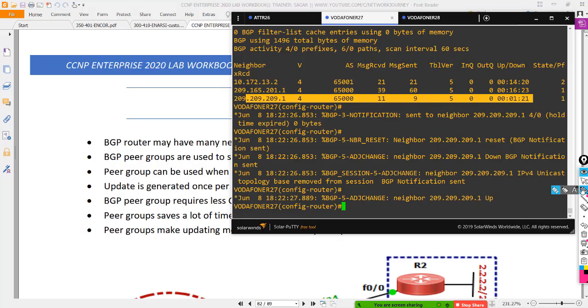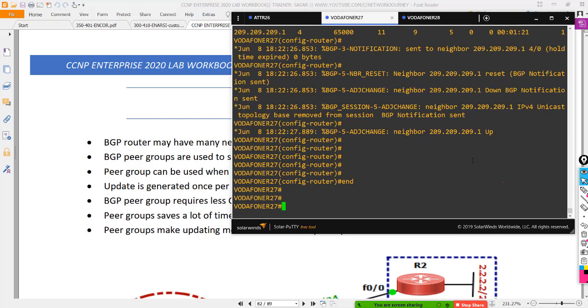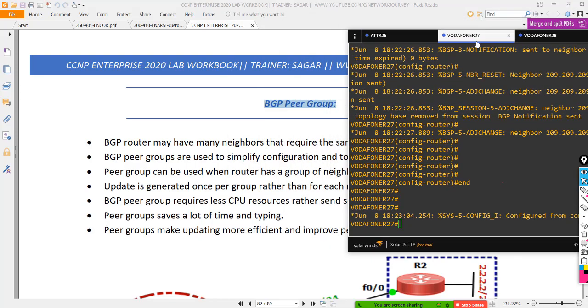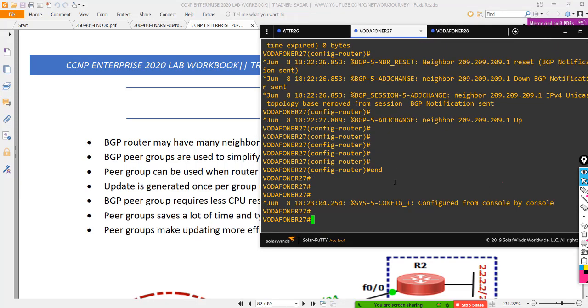A simple topic, not complicated. I don't want to bring multiple complicated topics in one class and confuse you. So I consider having up and down topics, so we can have 2-3 topics in one class. With regard to peer group, it's when you have multiple common policies, and instead of repeating them every time, you can create a group. Inside this group you can attach your policies, and this group will be associated with neighbors.